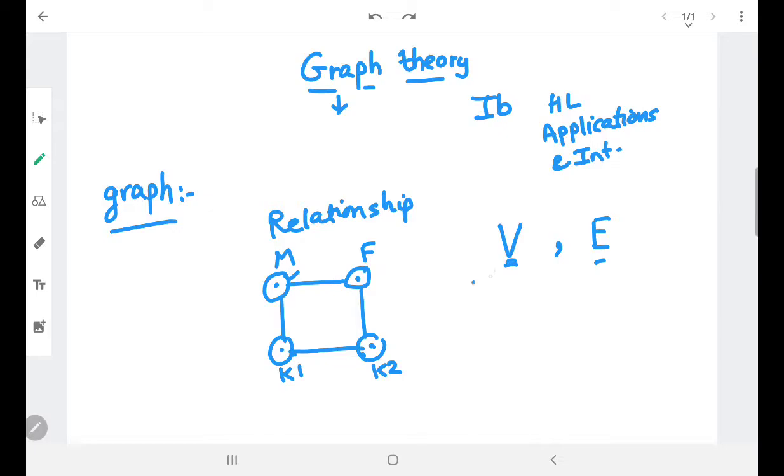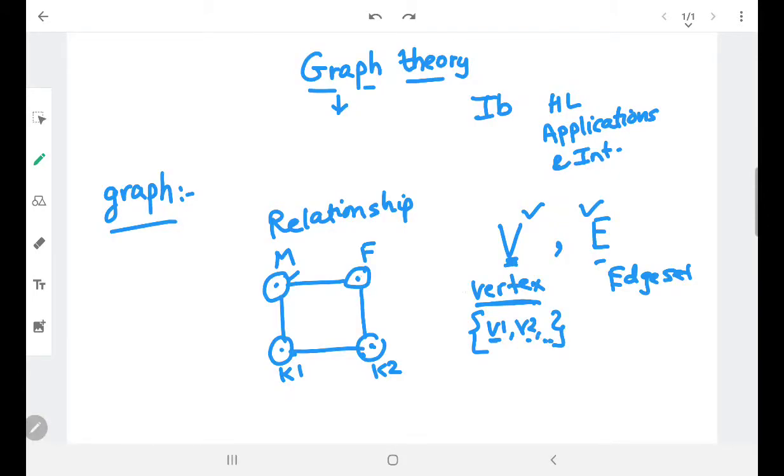Now this set is known as the vertex set. I am not writing the definitions here because I have already made a PDF, and I will link that PDF with this video. So this graph consists of two non-empty sets. One is the vertex set and another is known as the edge set. So basically, what is a set? A set is a collection of some elements. If it is a vertex set, that means it will be a collection of vertices like v1, v2. You can use any symbols to represent the vertices.